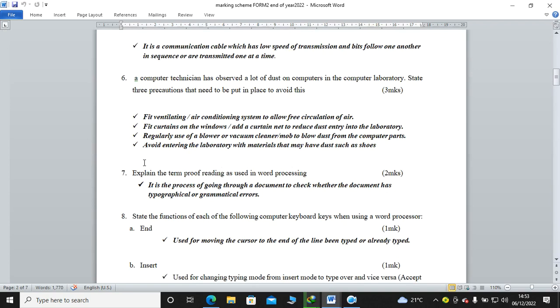Explain the term proofreading as used in word processing. When you talk about proofreading, you see from the word proofreading, you're trying to get errors. So it is the process of going through a document to check whether the document has typographical or grammatical errors. Typographical here stands for typing errors. Grammatical errors are errors emanating from, for example, not using correct punctuation, or probably not starting some of the